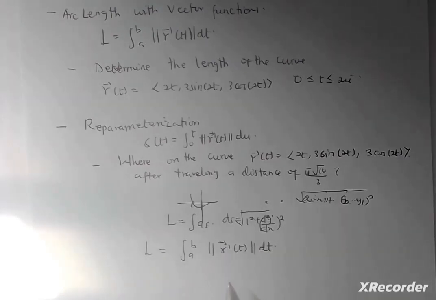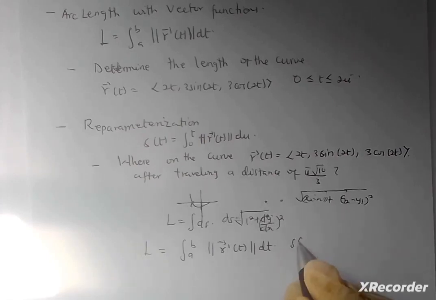You know the derivative of r of t is what we call the tangent vector, yes. So if I find the length of the tangent vector and I integrate it from a to b, I get what we call the arc length, which is a function s of